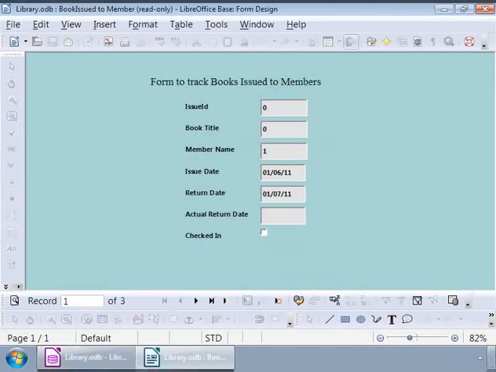Let us design a new form that will help us track the books issued to the library members. Let us see how we can design this form as shown in the screen image.